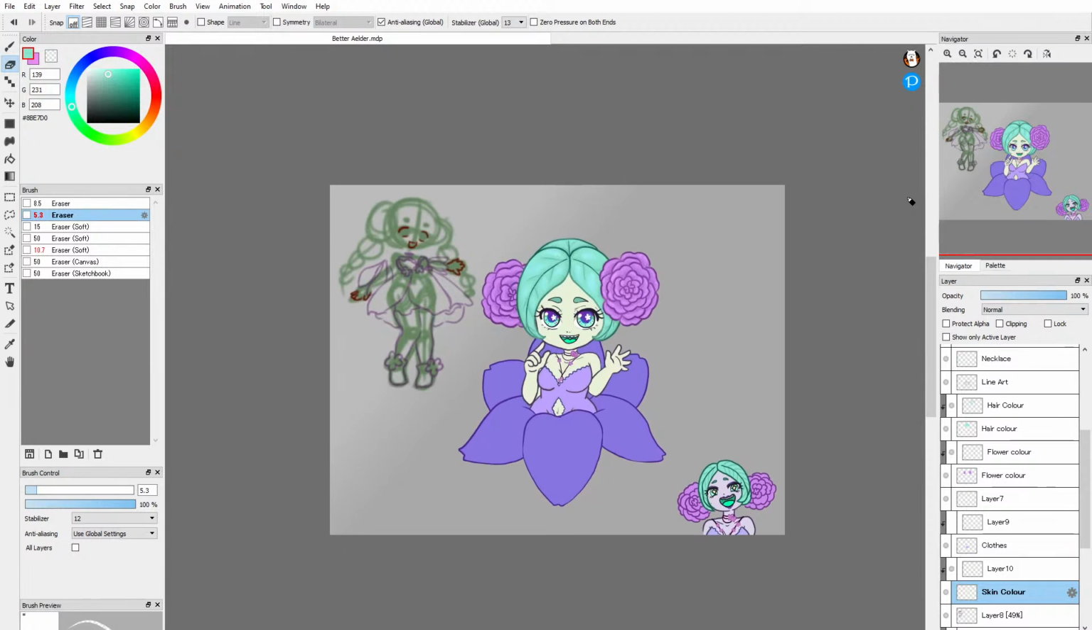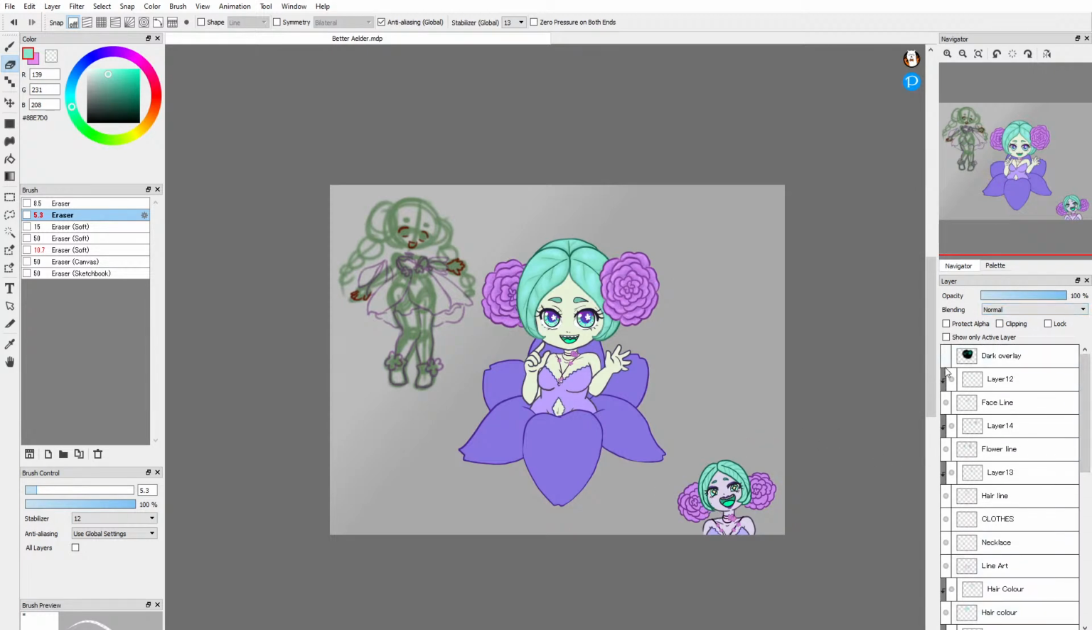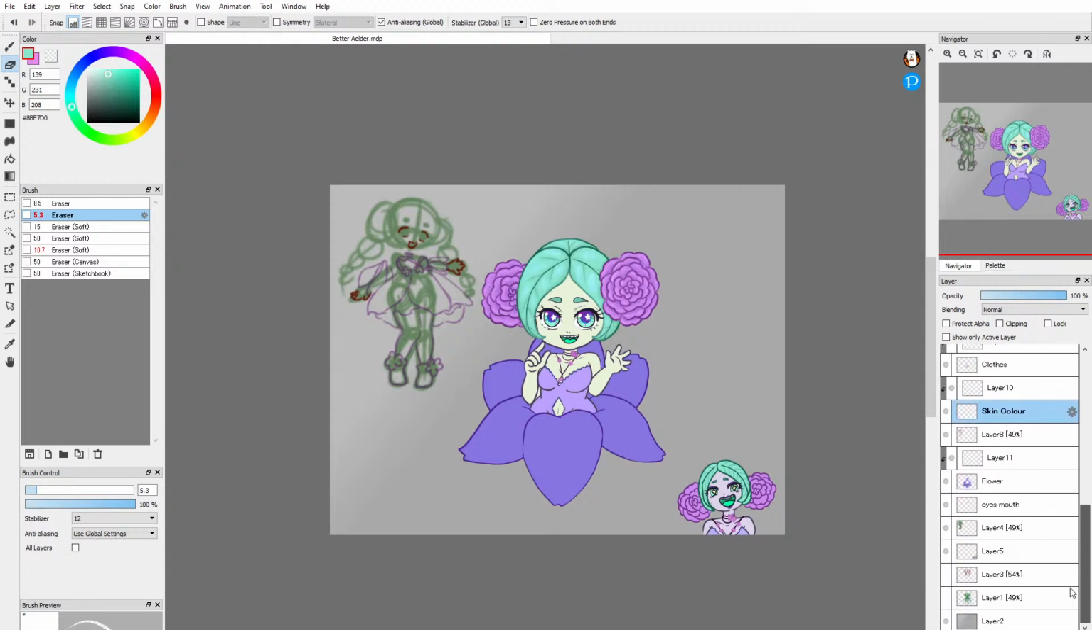Let's debate on it. It matches more with the flower theme, to be fair. But then, would it work with the little thumbnail? Where's my little thumbnail? My little thumbnail. Add a little clipping mask. Take a sample. And this is going to look messy, but